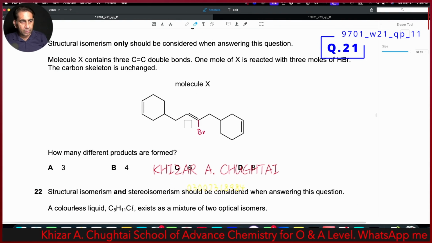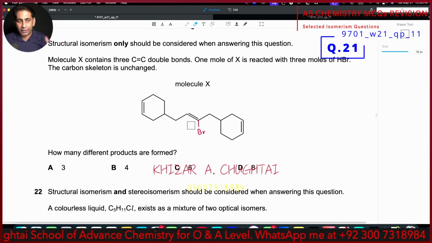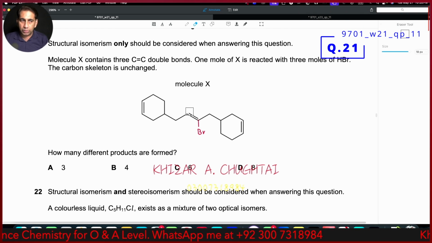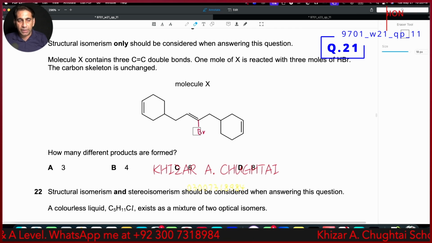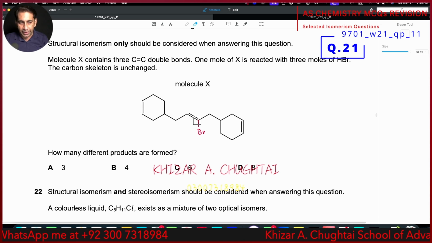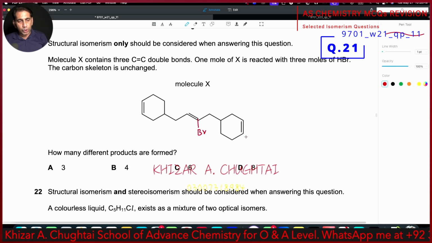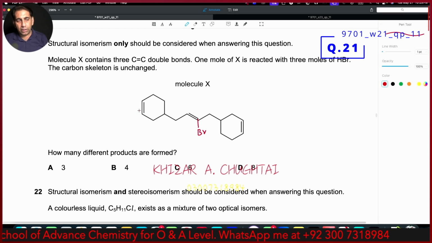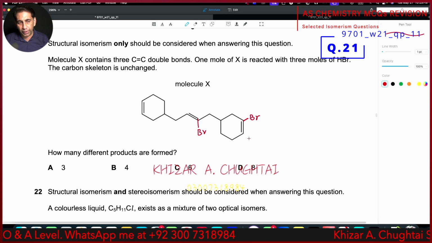So basically, in the structure, I'm allocating 1 Br at this position, and I'm not going to change this Br. Yes, it can be changed, but in my style of question, just keep it on the 1 carbon atom, either at this carbon atom or at this carbon atom. Now, once again, we are supposed to react HBr with all these double bonds. So first of all, let's suppose I'm going to place 1 Br over here, H over here,